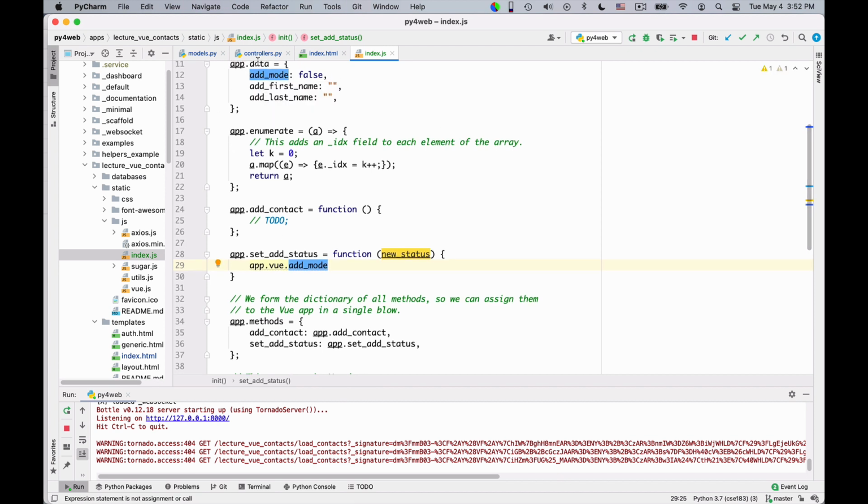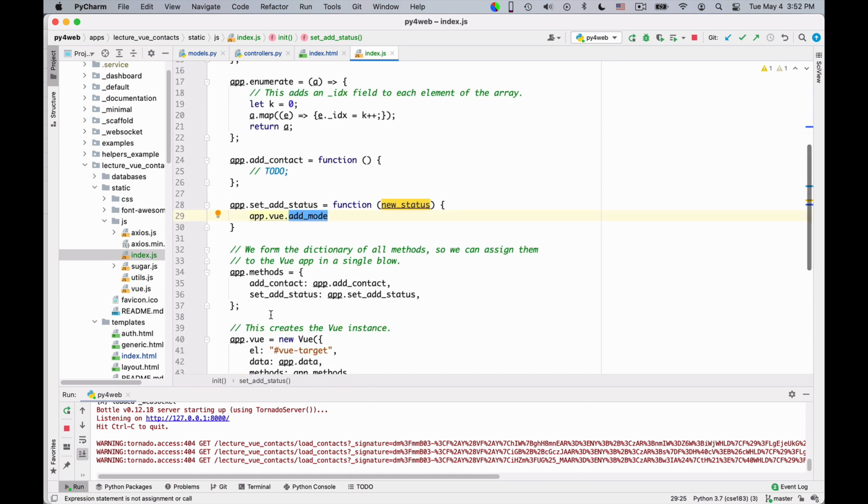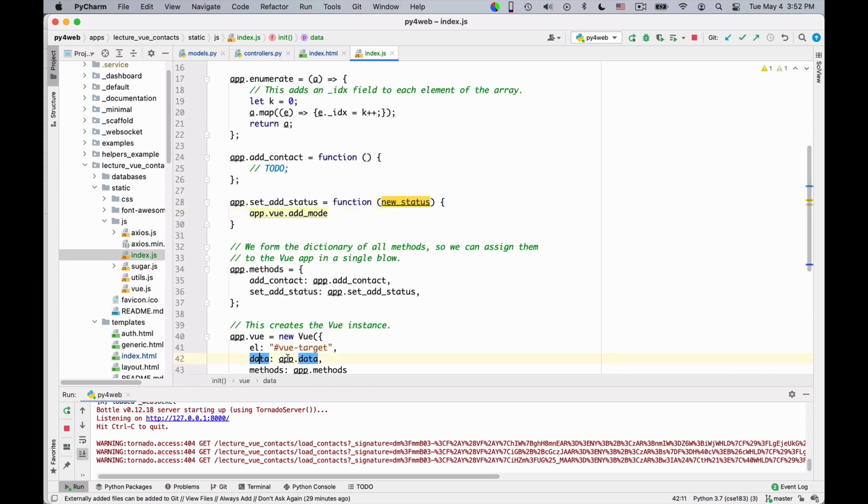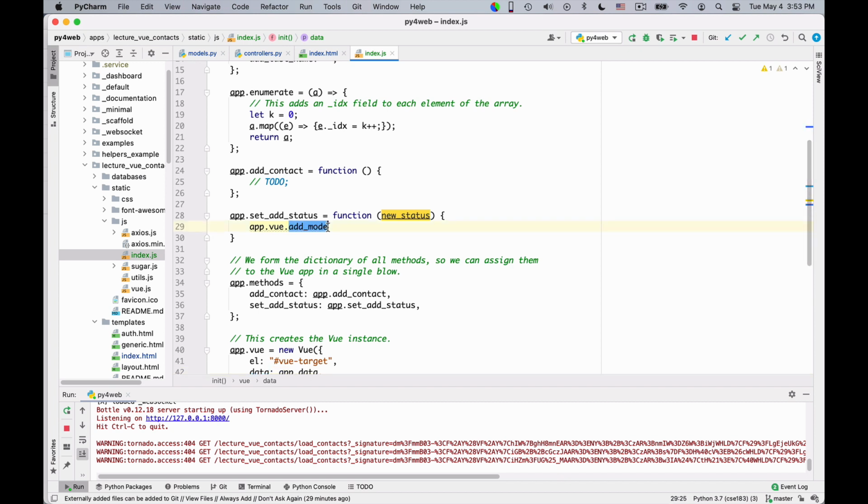You see, it's an app data variable that I fed to Vue here as data, right? So I need to access it in this way, and I set it to new status, and that's actually all I need to do. Okay, so this is actually implemented. The one for adding the form, not yet, so I need to do that.